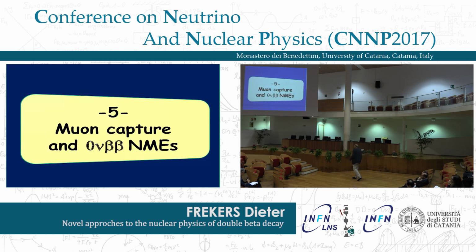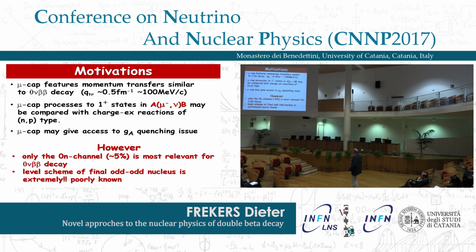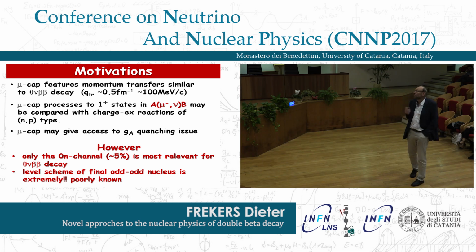Muon capture and zero neutrino double beta decay. Switch to a completely different field. So the motivation here is that muon capture features a momentum transfer which is similar to neutrinoless double beta decay, or 50-100 MeV/c. Okay? Muon capture